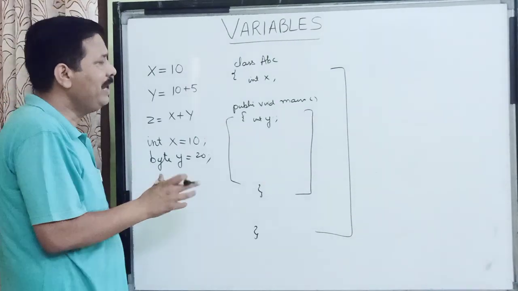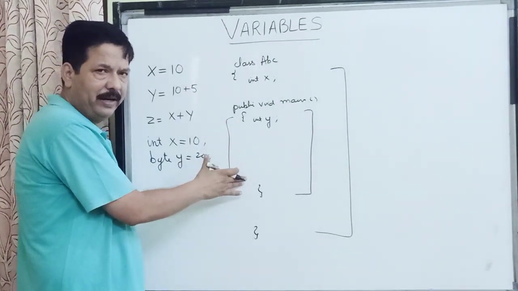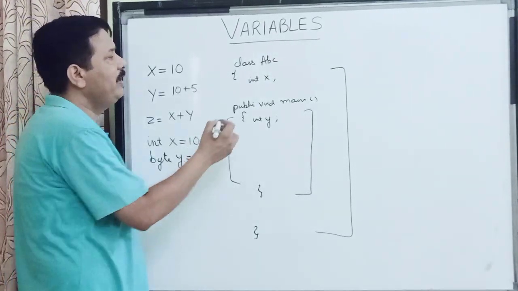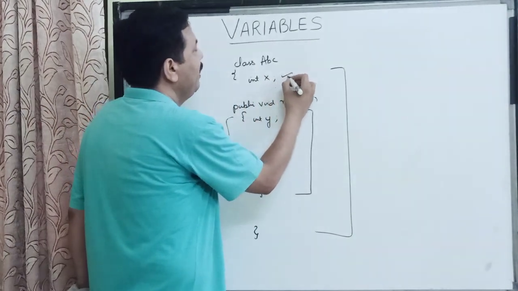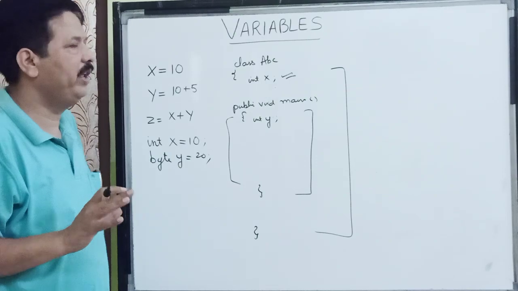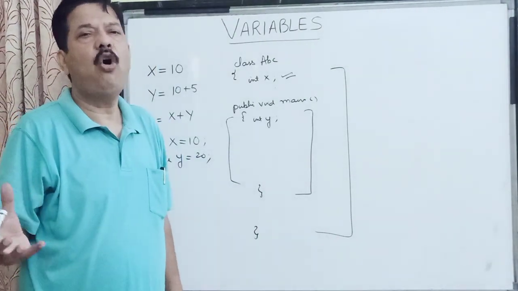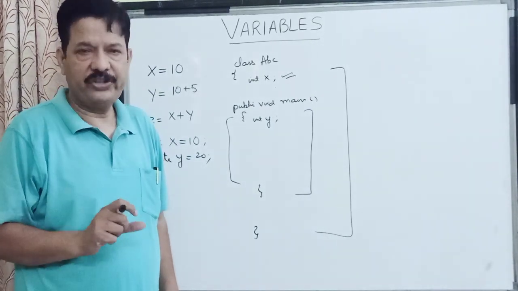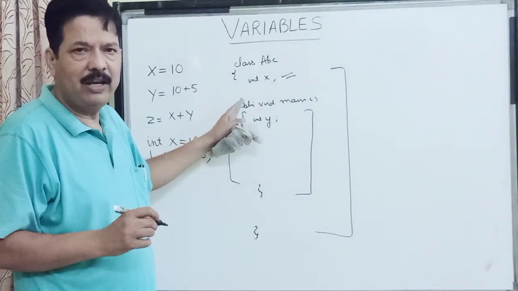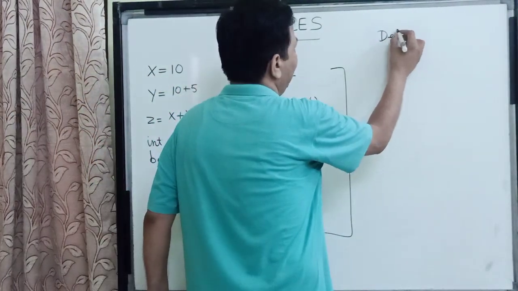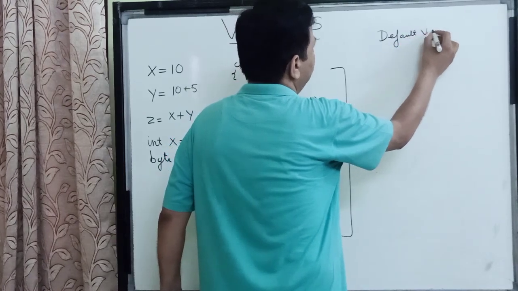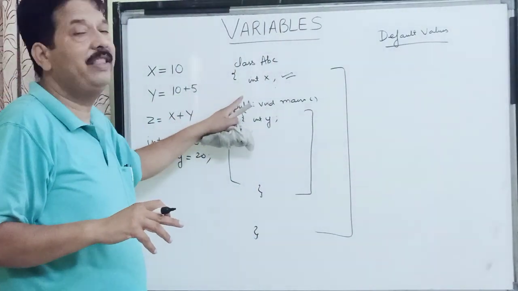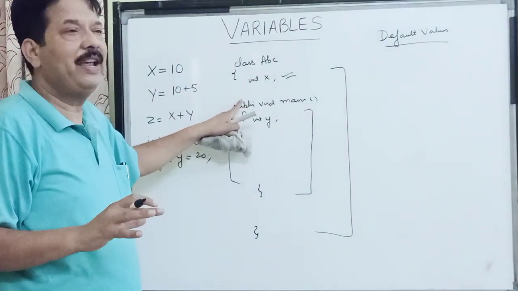Now children, any variable which is defined within a method has to be initialized, otherwise the compiler gives an error. But any variable declared within a class like these variables, if you don't initialize them, then the compiler automatically initializes these variables with the default values through a constructor. So children, what are those default values? I am going to discuss those default values also. These are the values which are given to the variables declared within a class if the user does not initialize them with any value.